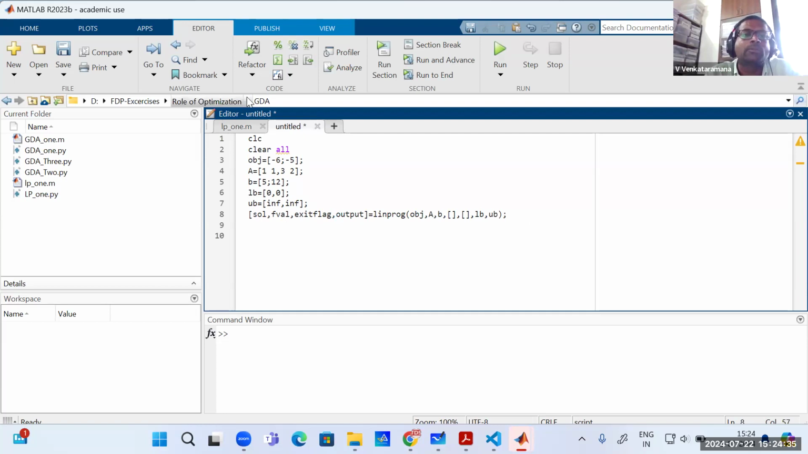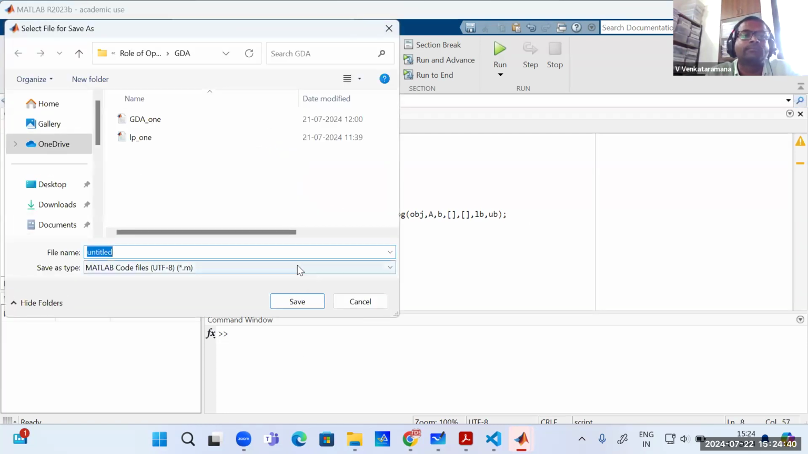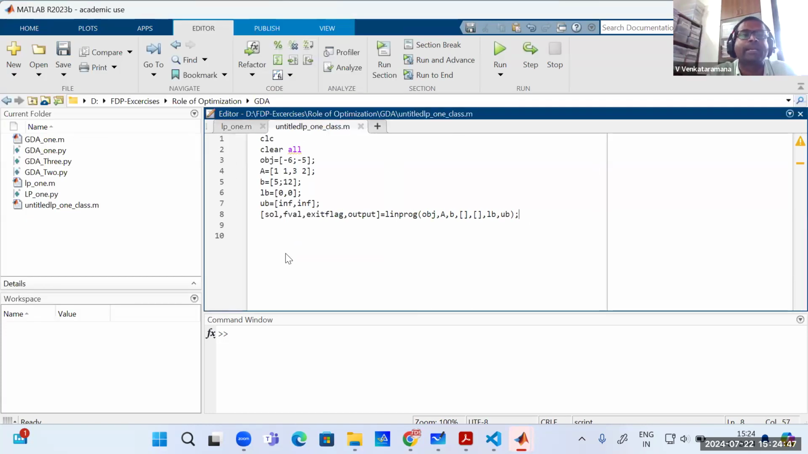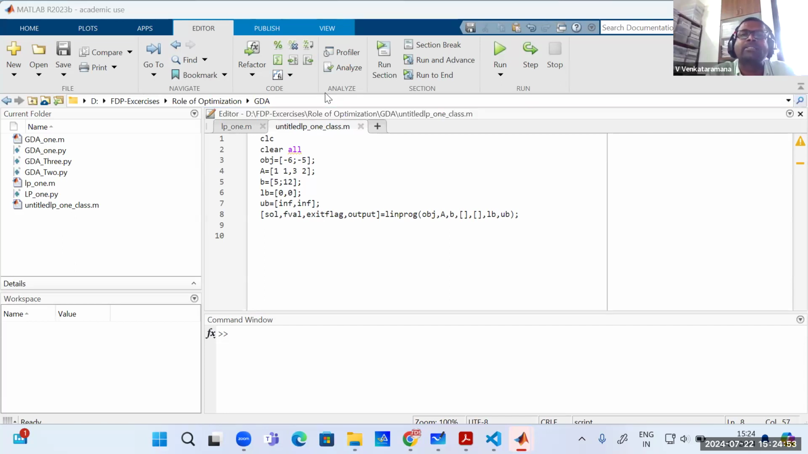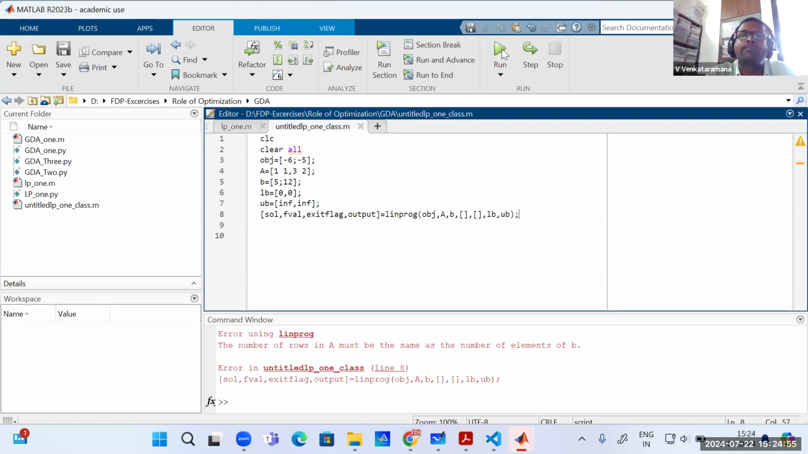Now I want to save this code. Linear programming 1 class, any variable name you can write. I'm giving some variable name here. Now try to run this code. It's showing some error. B, A must be the same size. I think the problem is